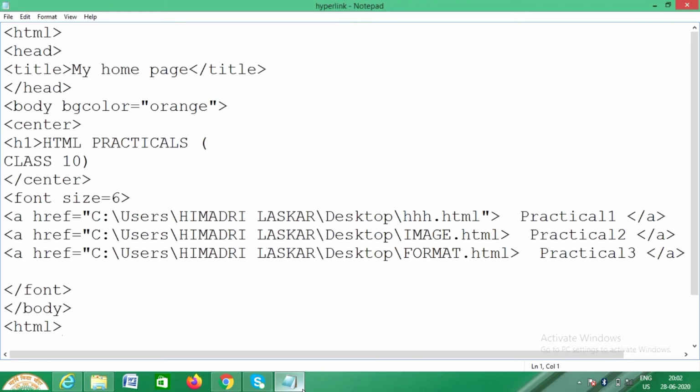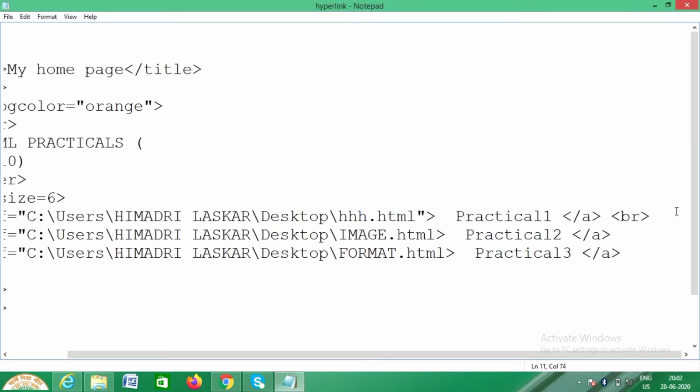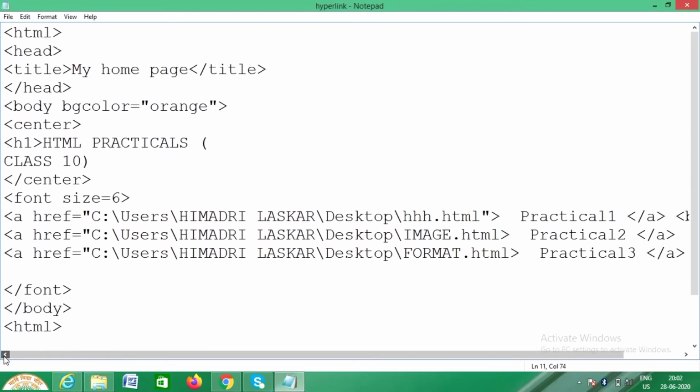Okay, so first one, href index.html practical 1, a closed. After that we need to give here br. Okay, practical 1, practical 2 is not coming, so let us see why it is not coming. a href, see, users, here double inverted comma not given.